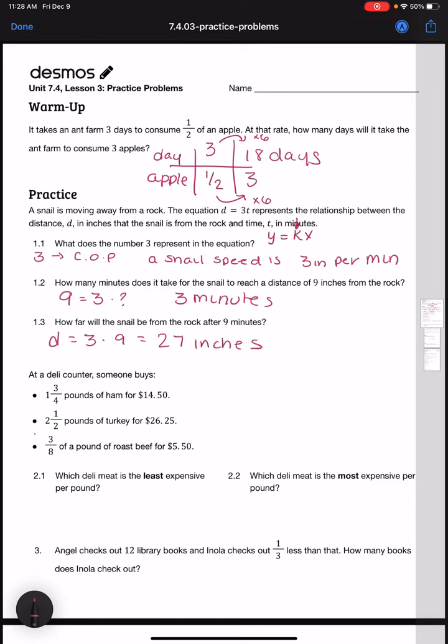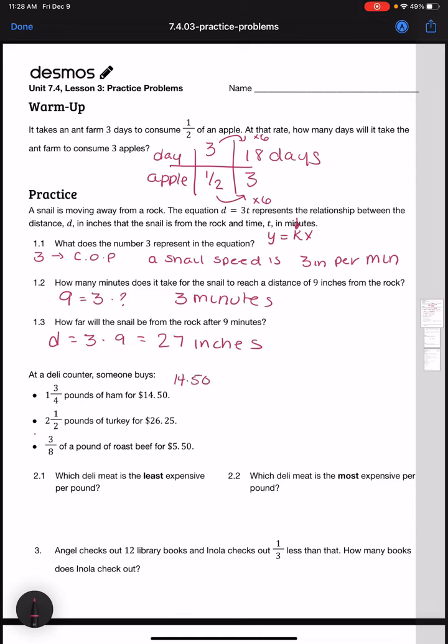Now at the deli counter, somebody buys 1 3/4 pounds of ham for $14.50. Somebody buys 2.5 pounds of turkey for $26.25. And someone buys 3/8 a pound of roast beef for $5.50. So, one way I could do this, if I looked at the ham, I could have